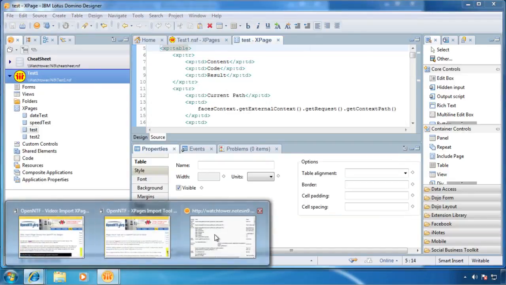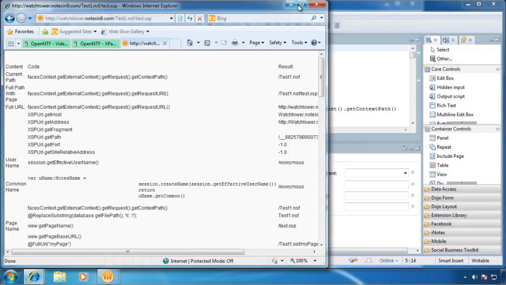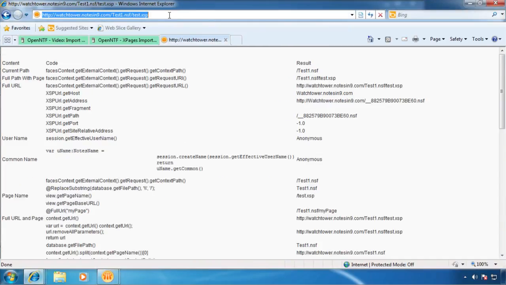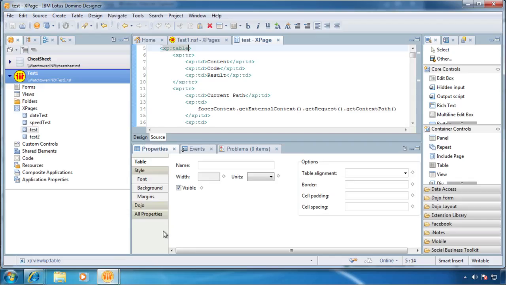So then what you need is an application to import into. I've got a little app here, a little page that I'm working on for a future cheat sheet thing that's basically like a URL cheat sheet. So it shows you the code, and yes, it's ugly, that's why it's not finished. But it shows you the code, and it shows you what the result is for kind of working with URLs and stuff like that. So if I want to add a custom control from OpenNTF to this database automatically, I